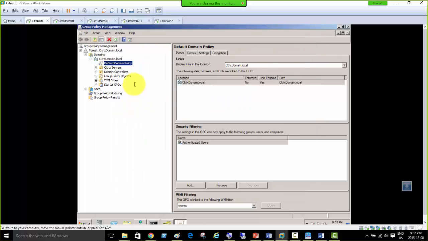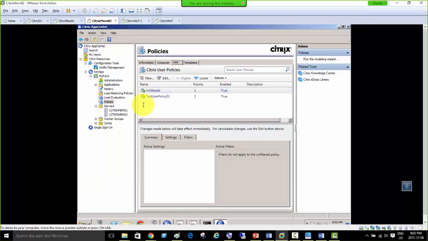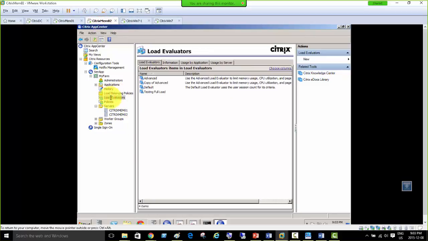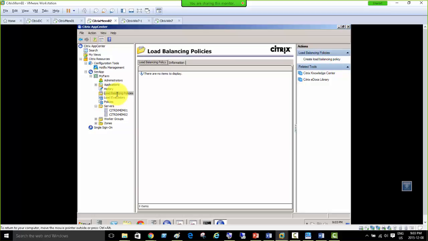But it also shows the load evaluation related policies there. If you have hundreds of servers and you want to implement any of the load evaluation related policies throughout the XenApp environment, you can do that through group policies as well. That's the only thing about policies, but the main ones are the load evaluators themselves, the custom load evaluators and load balancing policies that we can